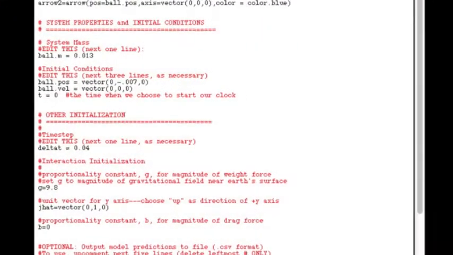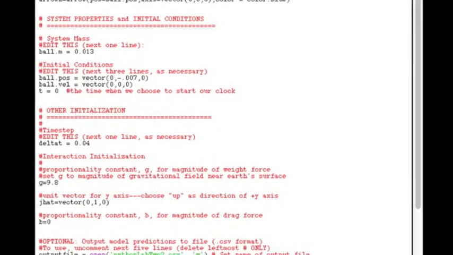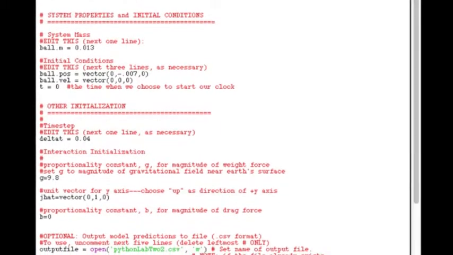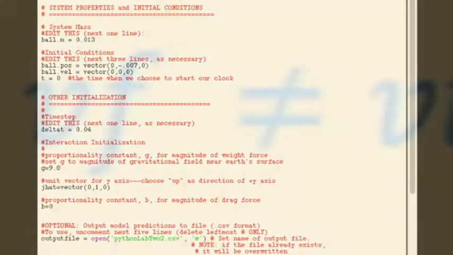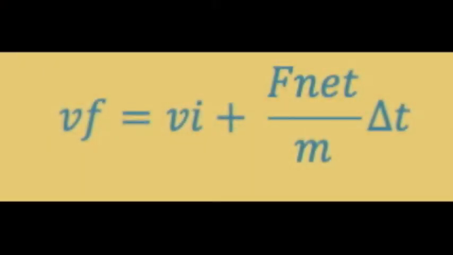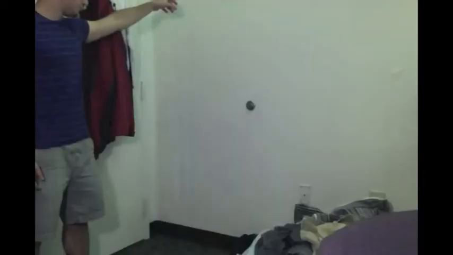Using Python, I constructed computational models with Newton's second law that should accurately predict the sock's motion after being released from my hand. Since the velocity is changing over time, we have to assume that the net force must not equal 0 due to Newton's second law. If that's so, then there must be at least one outside force acting on the object while it's in midair. Even though the object is not being touched, the Earth force, or weight force, is what's pulling the object towards